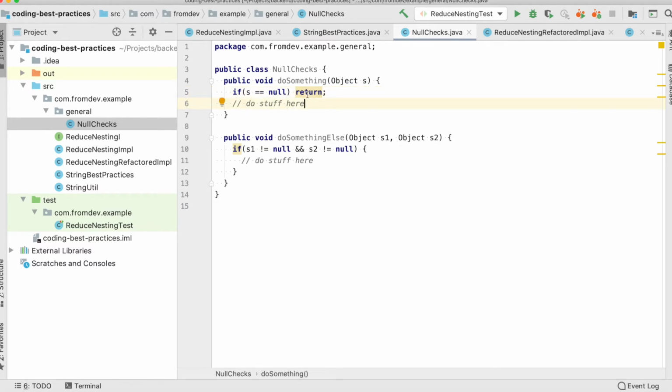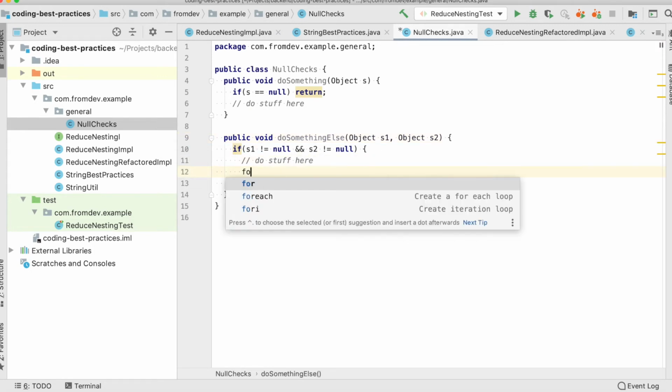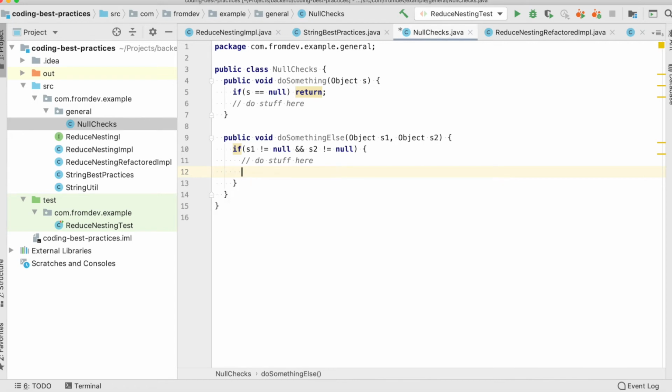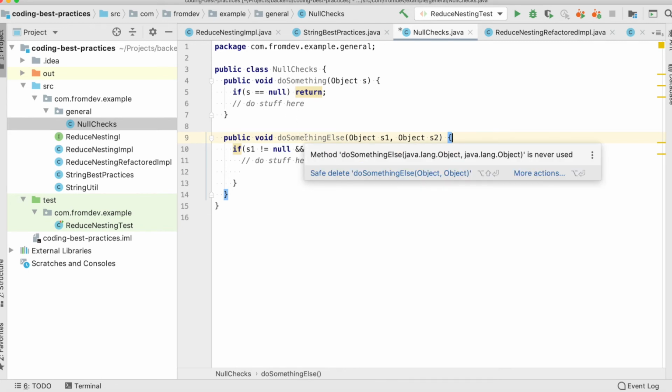So this simplifies, and it may look very simple right now because it's just one condition, but when you're talking about multiple objects, and situations like these are very common in code, it may simplify a lot, mainly by removing the nesting. And here you're doing a lot of things with various different nesting. You may also have, let's say, further for loops or something like that, and each of them causes further nesting and makes your code more complex. So it is generally good to avoid more and more nesting to reduce the complexity of the code, and choosing between equal to null or not null is a choice that you should cautiously make.